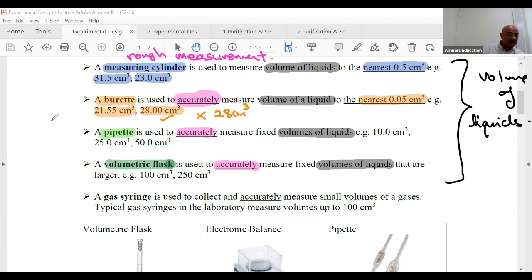A pipette, same thing, but pipettes are even more special. A pipette measures a fixed volume. Later, I'll show you the shape, how they look, in case you haven't seen them before. So what are we looking at? We are looking at things like